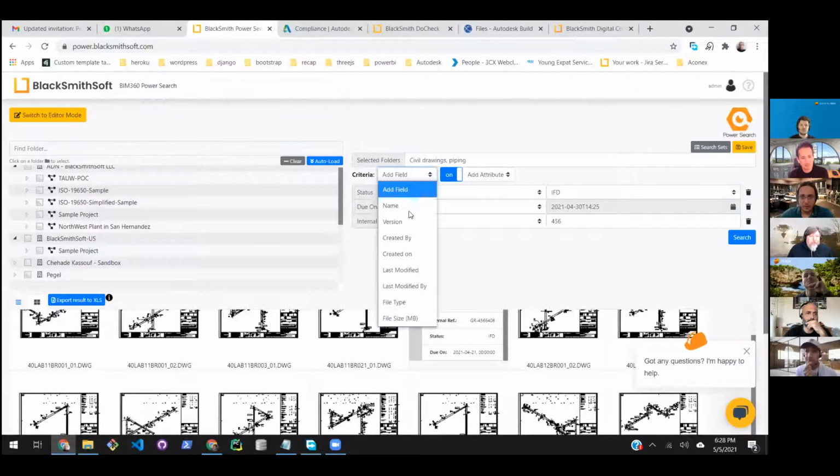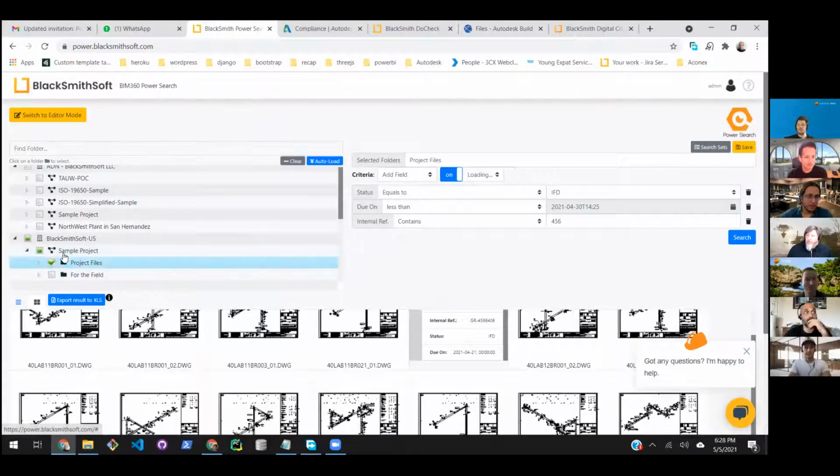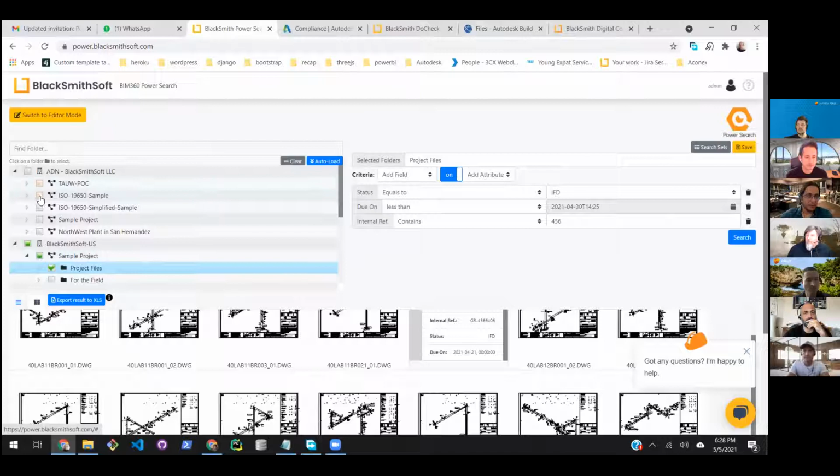files that you have. So here you have the name, version, created on, last modified, file type, and file size, and all the custom attributes that are found on the file, on the folder or subfolders itself. So if you select multiple files from multiple accounts, it will take the common ones. So let me say here, for example, if I go here and say for project files, and here I will